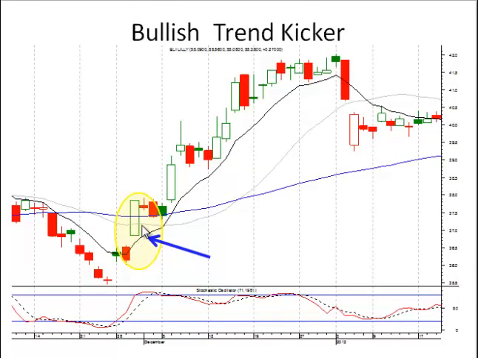This formation is what we call kind of a trend kicker signal. Notice you already had started an uptrend, then it pulled back a little bit. So your uptrend was already starting with that doji gap up. Then they pulled it back, but the next day when they open up positive above the previous day's open and go the opposite direction, you've got kind of a little kicker signal. Even though it's not at the bottom, it's telling you that this trend still has a lot of force in it. There's going to be a lot more upside to it.